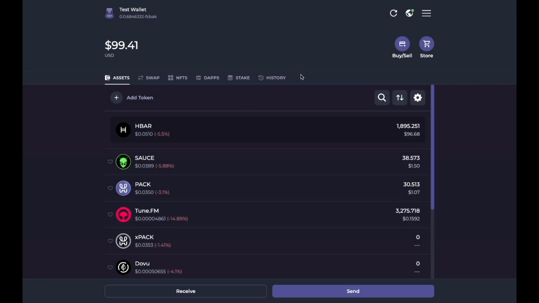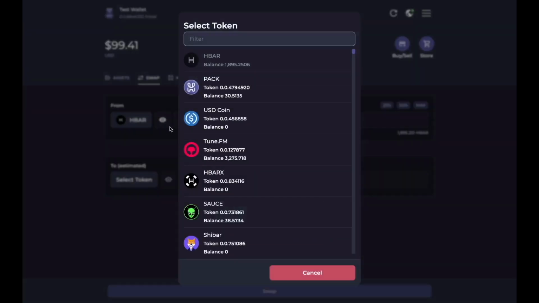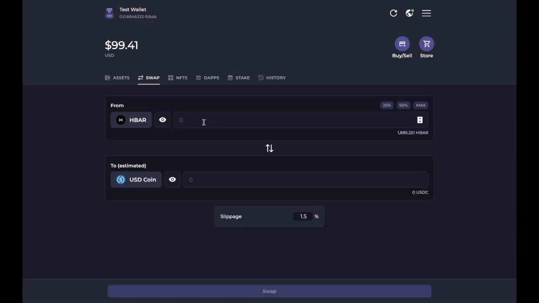And then the first innovative feature is the swap feature. I really love this feature because it allows you to swap tokens directly within the HashPack wallet itself. So for example, if I wanted to swap between HBAR and USDC, let's say I wanted 25% of my HBAR into USDC, I could do that.